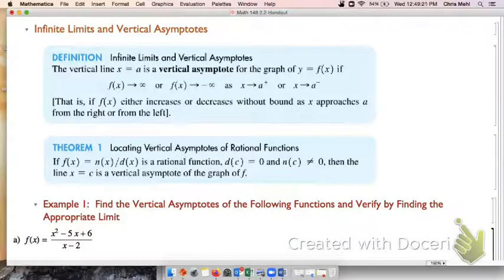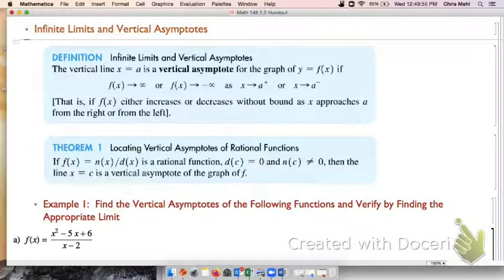Okay, so like I was just showing you graphically, there is a connection between infinite limits and vertical asymptotes. So first, read the first box. It's a definition. It says, the connection between infinite limits and vertical asymptotes. The vertical line x equals a is a vertical asymptote for the graph of f, or y equals f of x, if f approaches infinity or minus infinity as x approaches a from the left or from the right. Okay, so what this is saying is,